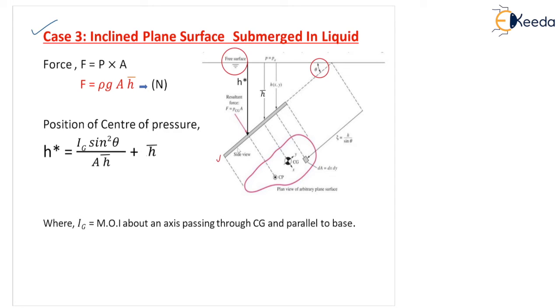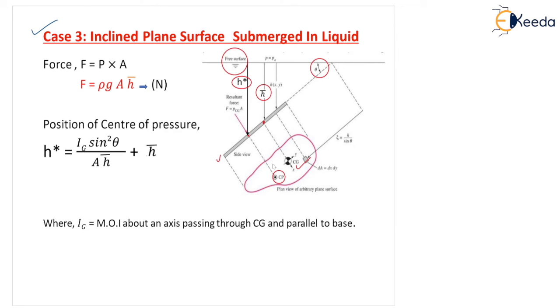You can see it inclined, and the side view is given here. This is center of gravity Cg. So this Cg point is here, I'm marking it with the red color. So this is H bar, the Cg distance. Look at this Cp. Where is Cp? This is Cp, center of pressure. The corresponding point is here. This is your H star. Correct? So the Cg and Cp distances are the only important ones here, H bar and H star.